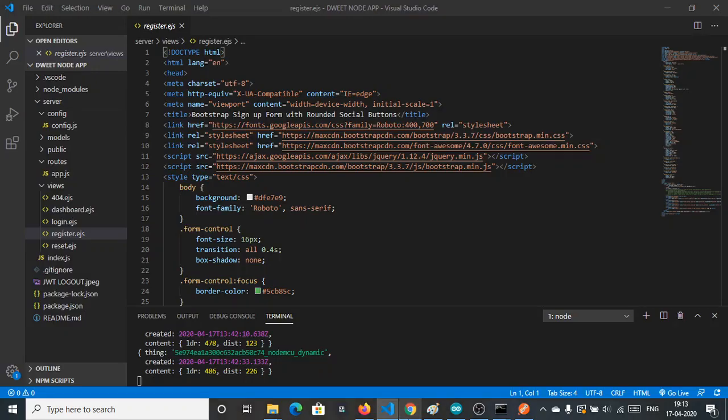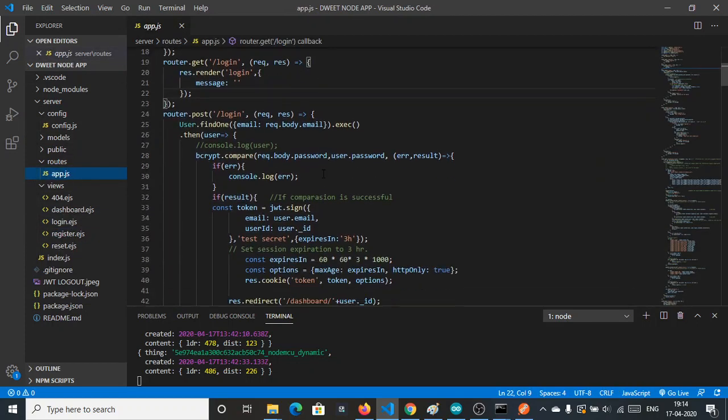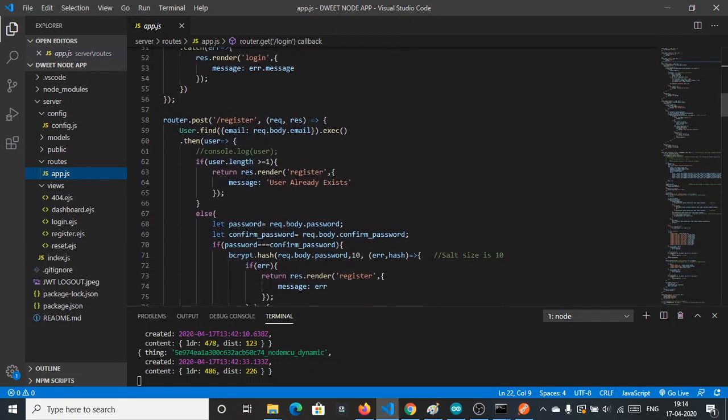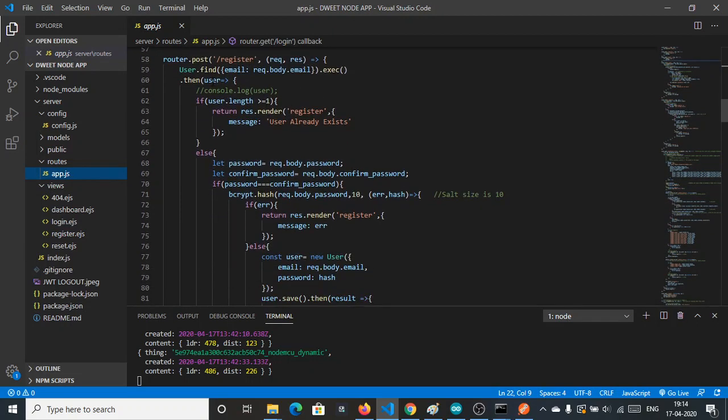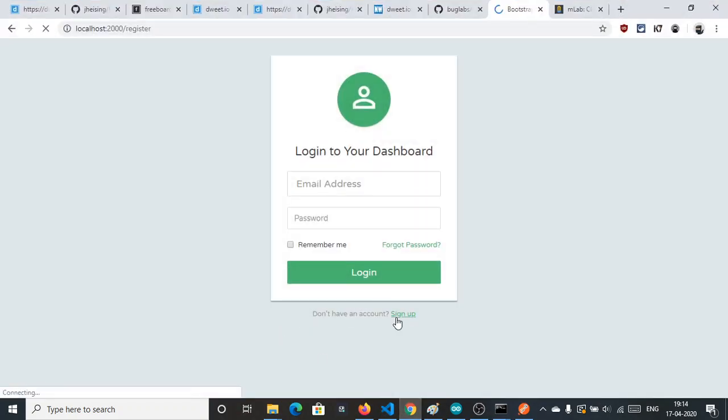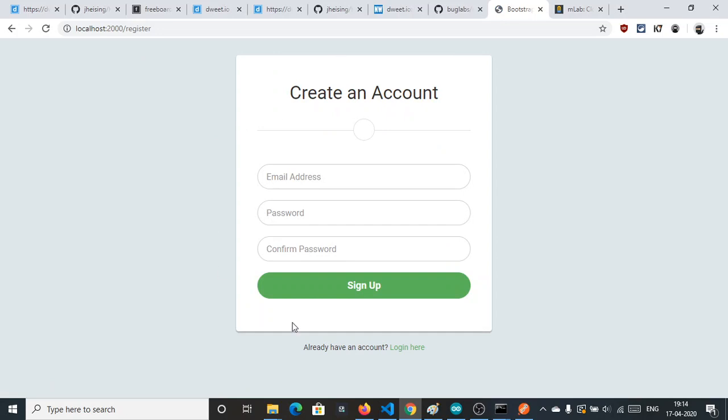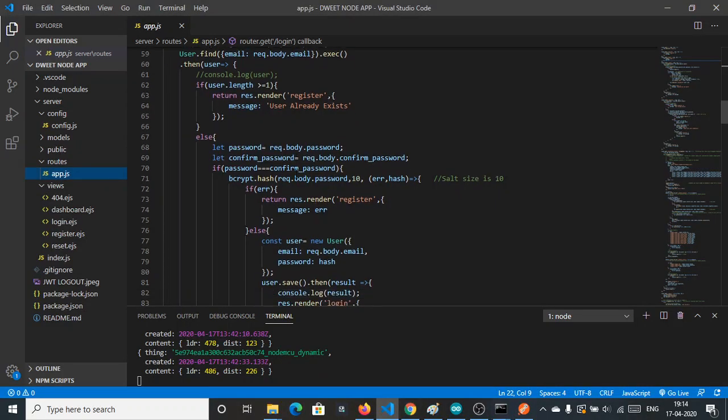So first I will start with our app.js. Login route is the second thing. The first thing is the register route. So making a post request on the register route, this is the register sign up. This is the register get route, this one. The register.ejs is rendered here, and after making a request, we are checking the password and confirm password fields.